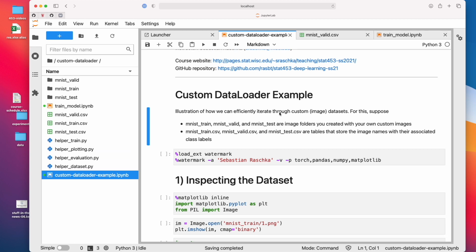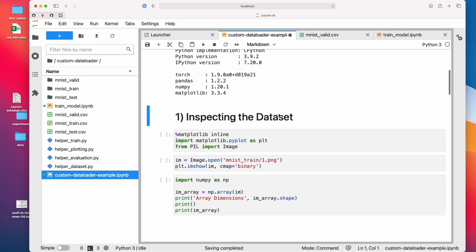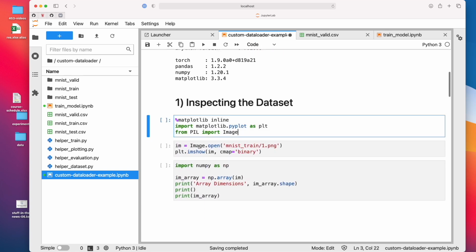Let's get started. Usually when I have a new dataset, what I do first is I inspect this dataset. I sometimes use imageio, sometimes I just use the Python imaging library. I'm not very consistent. It doesn't really matter. There are multiple libraries in Python that let you open a PNG file or JPEG file in Python itself, and then you can take a look at it.